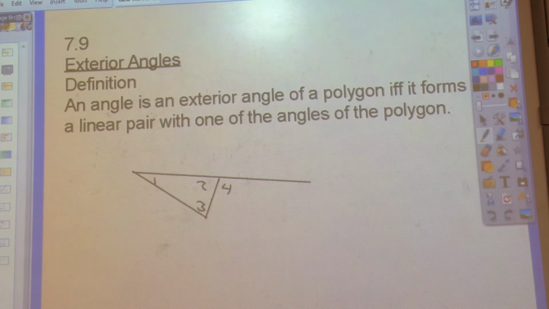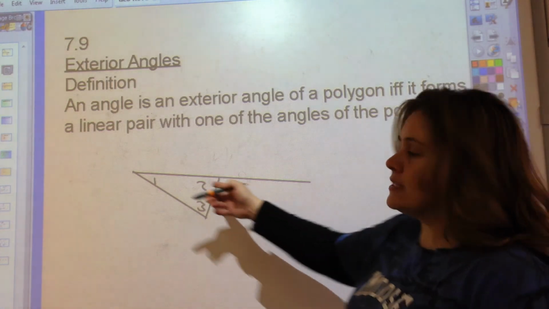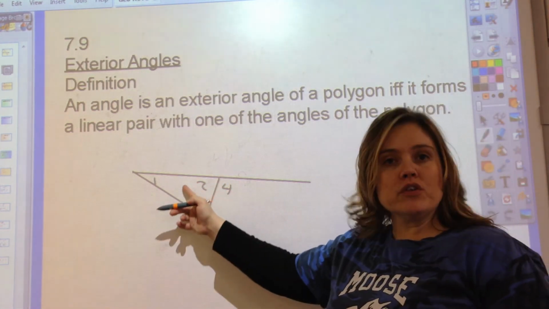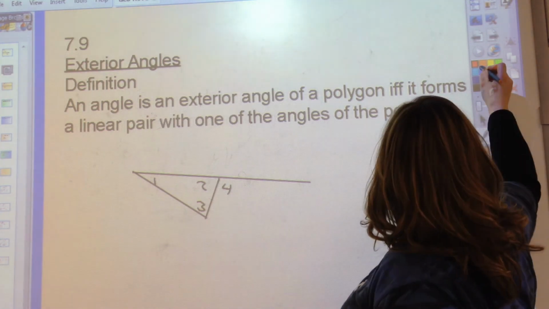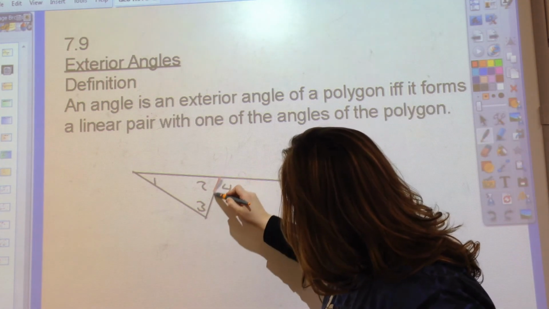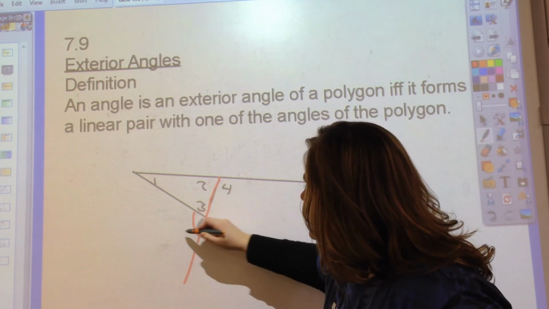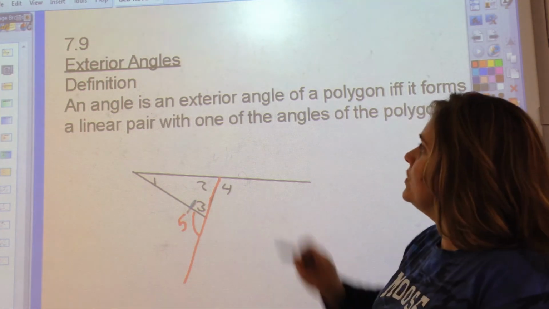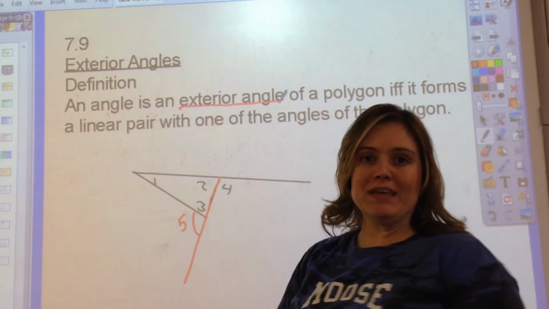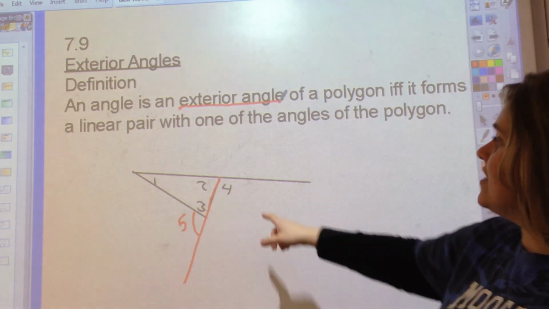The exterior angle definition says an angle is exterior to a polygon if and only if it forms a linear pair with one of the angles. You can see I've already extended this line right here. Would you agree that 2 and 4 form a linear pair, meaning their sum would be 180? I could have drawn an exterior angle here with 3 and labeled it angle 5. Notice how 3 and 5 are a linear pair. When we say exterior angle, that's what we mean, an extension of one of our lines that leads to a